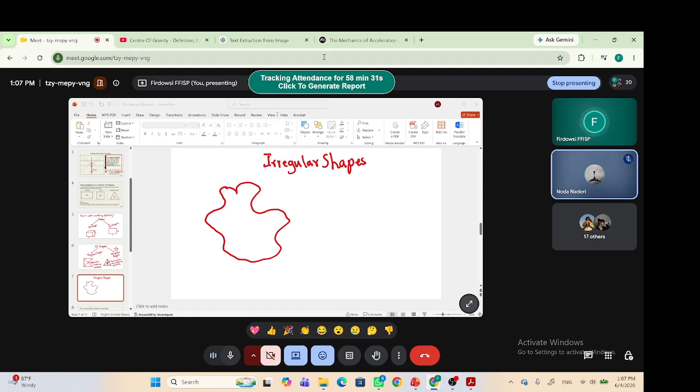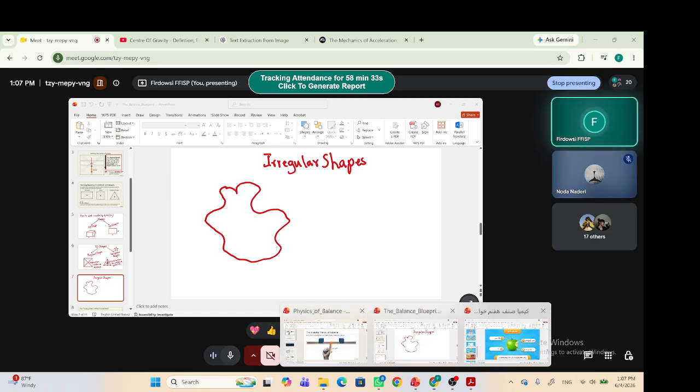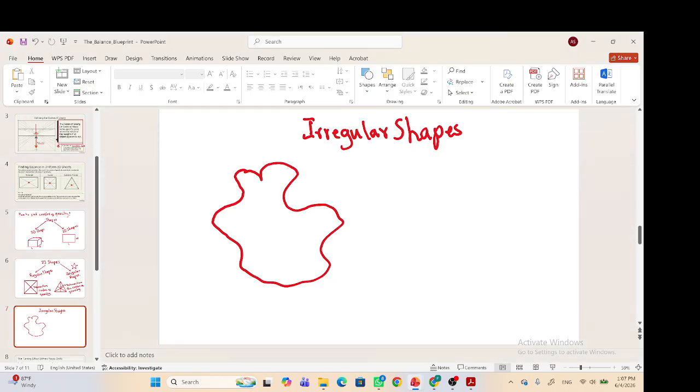Yes, I wanted to hear exactly this point from you, because the video was exactly about how to find the center of gravity of an irregular shape. For example, if you want to find the center of gravity of this, first you should make three holes from the three sides of this object, for example, from this one. And then what should you do? You should hang this object on the wall vertically. When you hang it on the wall, you should draw one line vertically from the first hole.